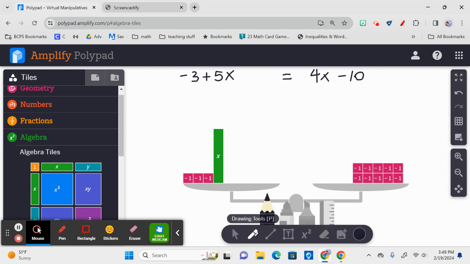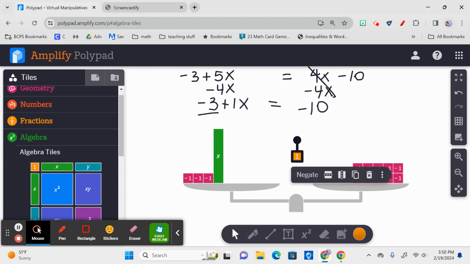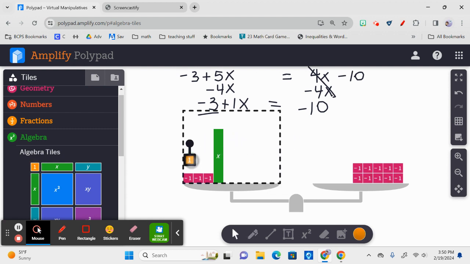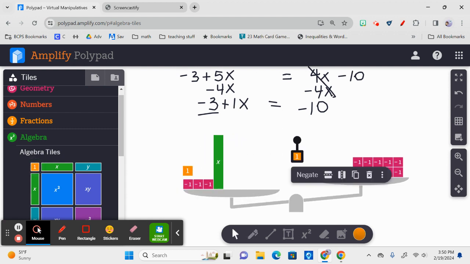Essentially what I did was I took 4x off of this side and I took 4x off of this side. Those canceled and made 0. So that got me 3 plus 1x equals negative 10. Now my next job is to get rid of my constant, my negative 3. Well, what is the opposite of negative 3? Positive 3. So I'm going to add 3